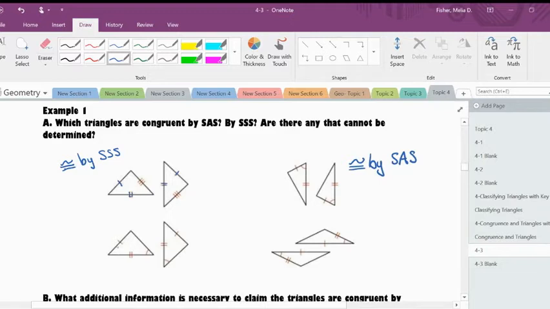This one, we have a side and a side and then an angle. Notice that this angle is not included between the two sides. So we have side, side, angle, and that is not an option. You can look at it from the other direction as well and see that you have an angle, side, side,